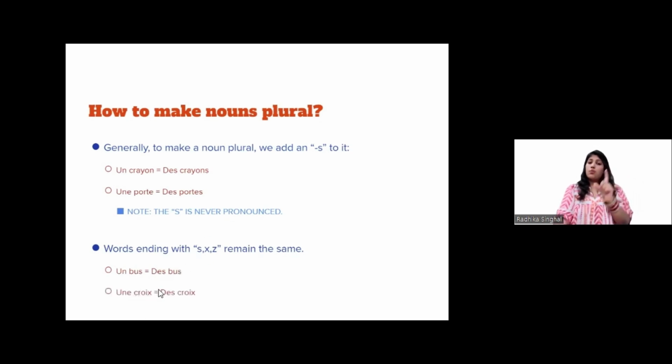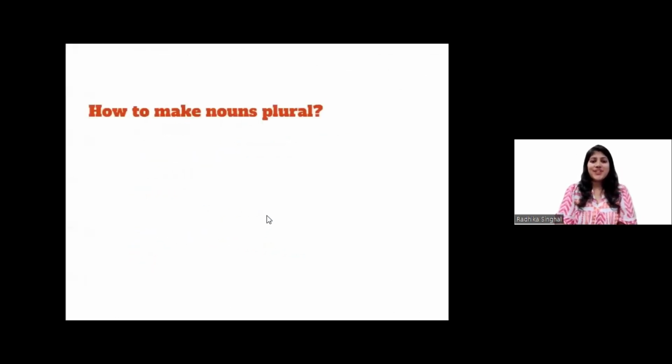Une croix, that is one cross. Des croix, there are some crosses around. So the articles in this case help us know whether the noun we're referring to is in singular form or plural. All right. Next thing to know,